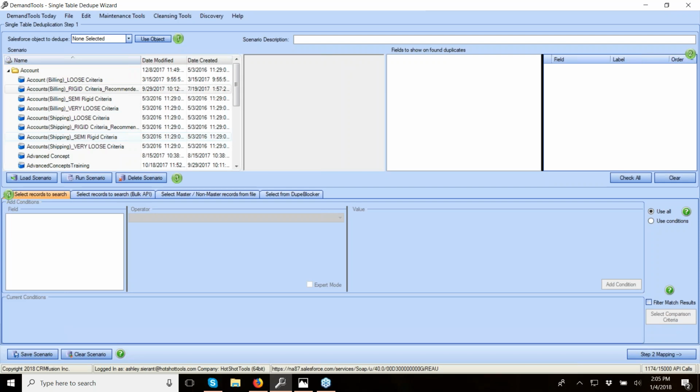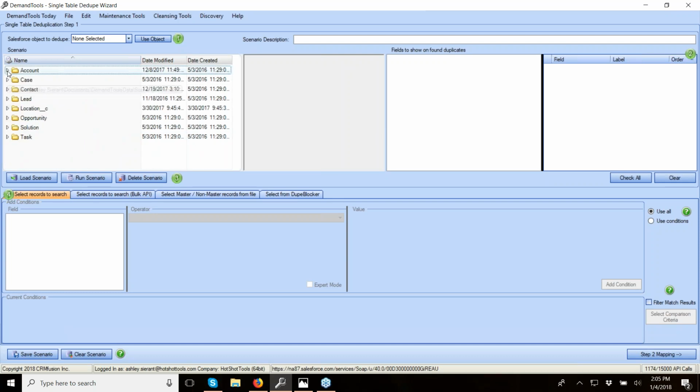All right, so that's an important piece of this. The second piece of this, which is very, very important, is this recommendation that you're going to typically run multiple passes or multiple scenarios on each object as you're working through this, in order to get the cleanest object or database possible. And if I drill in now, and look at my first screen here, before we dig in and load things up,